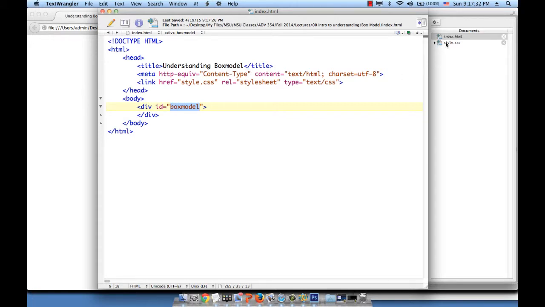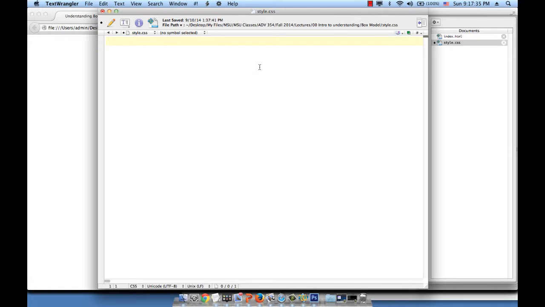Okay, now we want to reference this in CSS. So I'm going to open the style.css file, and what I'm going to say is div pound box model, right? So we have a div whose ID is box model, and the ID is represented by a pound sign. Open and close curly braces, and I will start adding my properties right here. Before doing so, I want to save this, and I want to explain something else, just in order to clarify the box model. So body